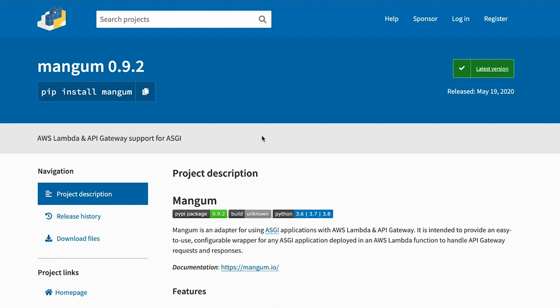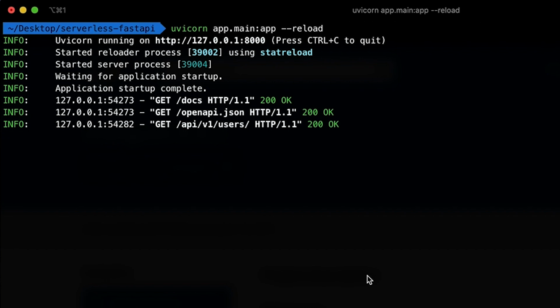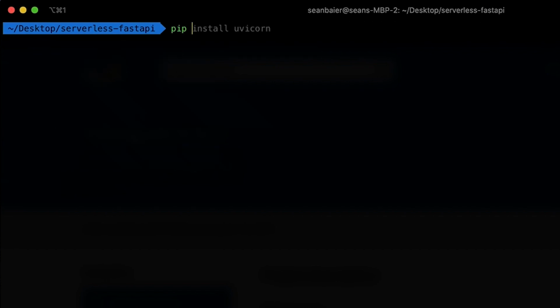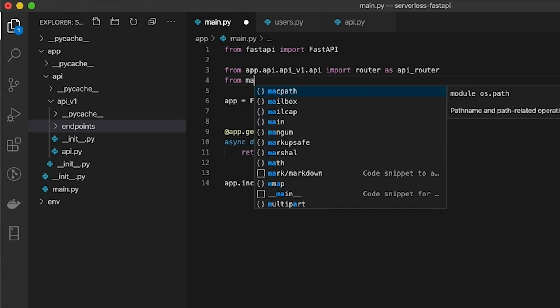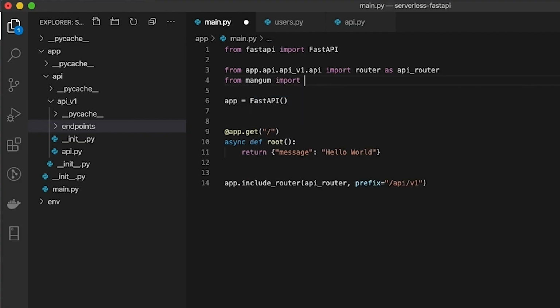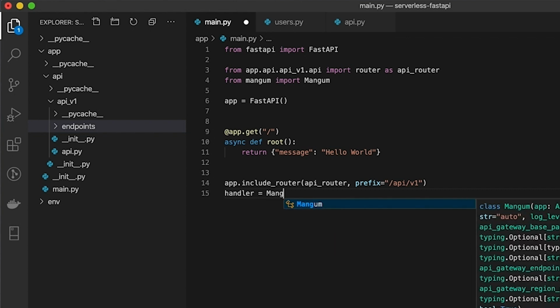So the next thing is going to be converting it to a Lambda. So the first thing we need to do is install Mangum and then update our app to have a handler that the Lambda will be able to call. And in order to do this, we are going to come back to our terminal and we're going to run pip install mangum. First, we want to import Mangum. So from mangum import Mangum, and then we want to add our handler,